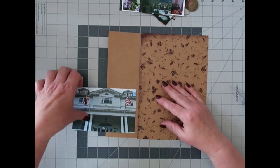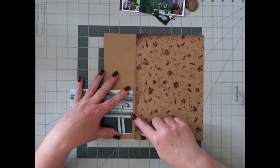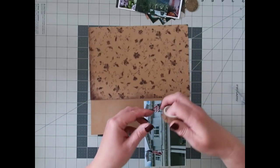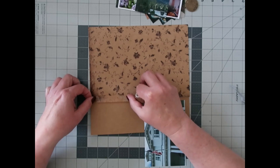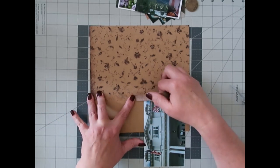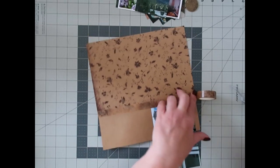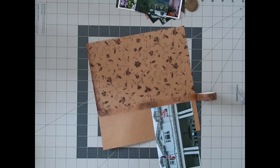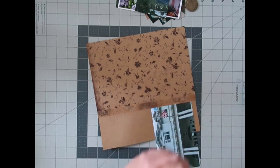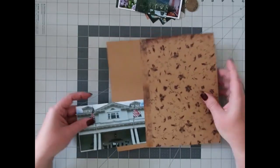I'm thinking maybe I want to take that same washi and run it along here as well. Let's try that. I may have to lift this photo up a little, but I think that will just help cover this seam a little bit. Look, got it right to the edge. Perfect. Okay. Grab my gift card. Perfect way to tear washi. Okay. Love it. All right. Now,